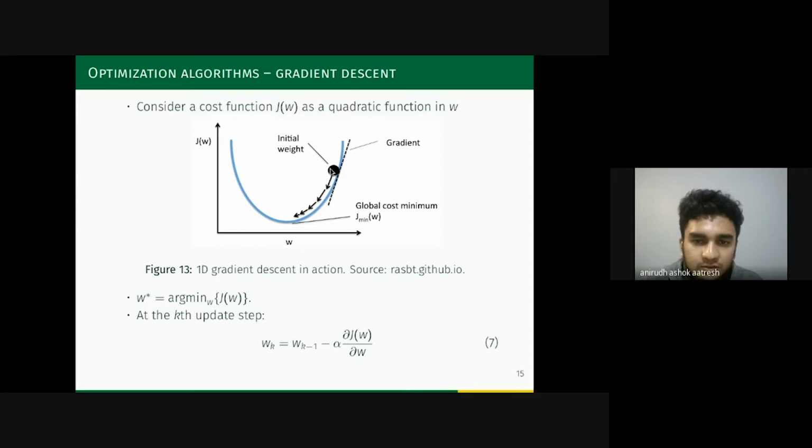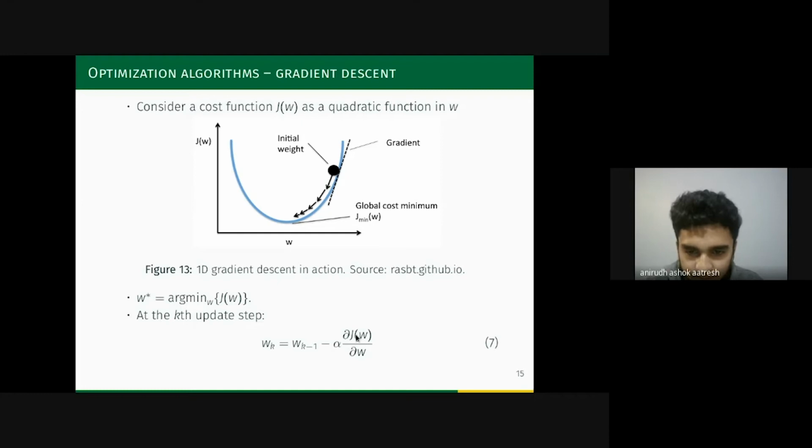Alpha here controls the speed at which you want to move to the minimum. A small alpha will make you move more slowly, and a large alpha might get you there quickly, but a very large alpha will actually be counterproductive, and it will lead to a divergence of this algorithm.